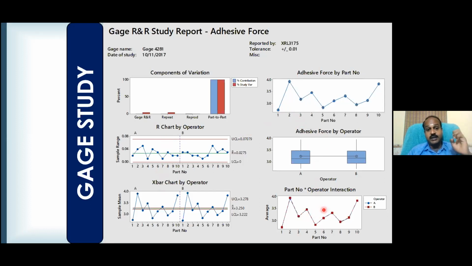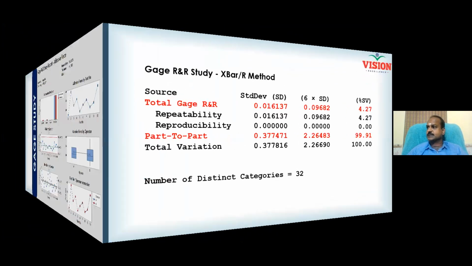These 6 graphs will help you understand the root of the problem. Why is measurement error too much? Which particular operator is contributing to the repeatability error? Is the error committed by appraiser A more or appraiser B more? Why is there a reproducibility issue? Who is not aligning with the team? Is it appraiser A or appraiser B or appraiser C or appraiser D? You can take meaningful action, and then you can make everybody work in the project properly. You can correct your measurement system, right? And how to analyze and all those things we'll discuss probably post lunch.